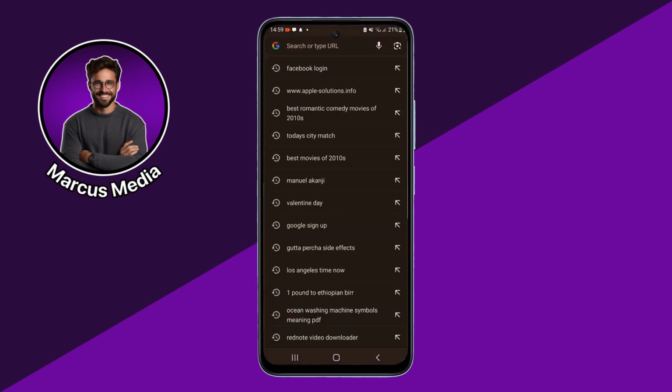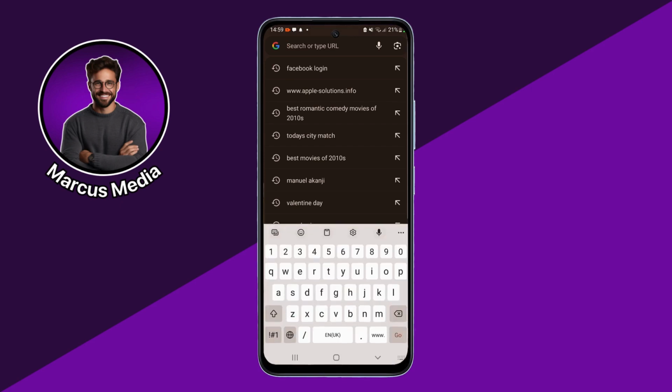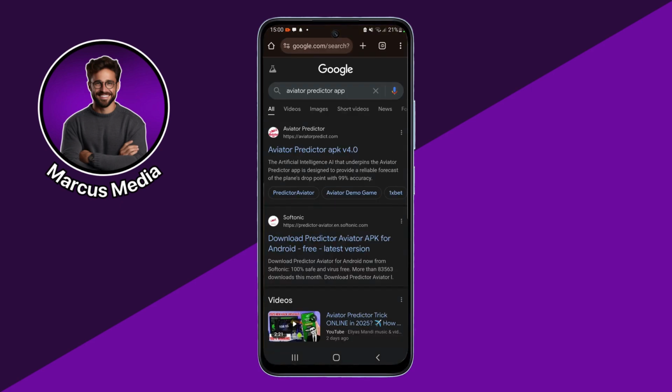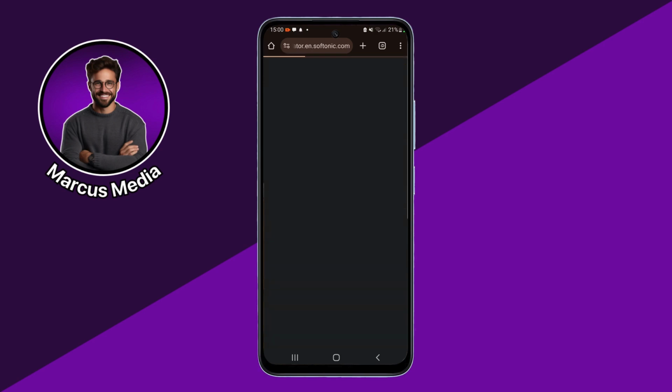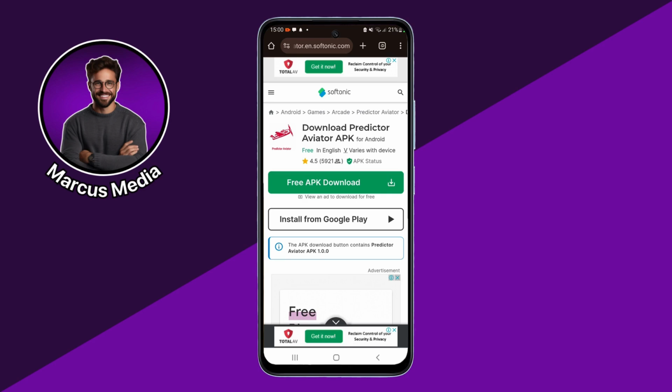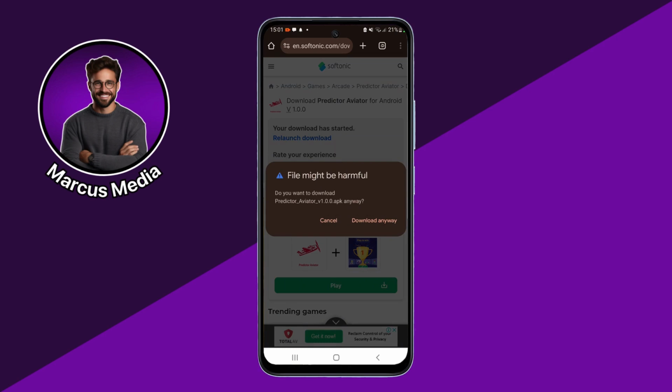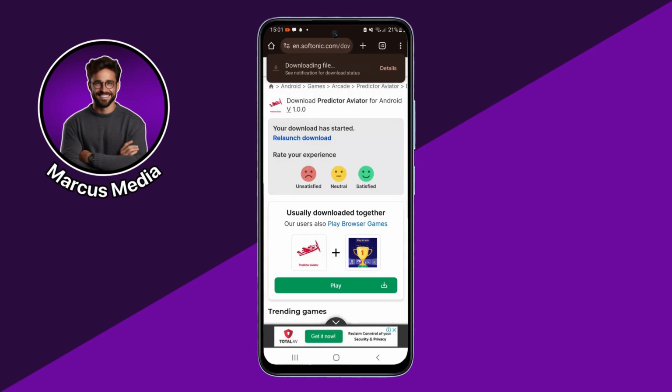And now open up your Chrome and just simply search over here Aviator Predictor app. So guys, from here as you can see we have soft tonic, so just simply tap on this download Predictor Aviator APK for Android, and from here just simply tap on free APK download, and after that it will automatically download into your device. And from here just simply tap on download over here and it will automatically download, and now just simply tap on open, and from here you can actually install it and you'll be able to download